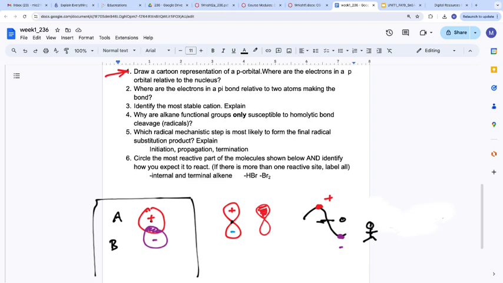Okay? They cancel out. If you take the positive amplitude and the negative amplitude of two things and you add them to each other, they cancel out. They become 0. Which means what happens to the likelihood that we find the electrons between those two atoms? It's 0. Do we get a strong bonding interaction? No. Okay? So when we're talking about making bonds, we need to see our orbitals overlap in the same phase,